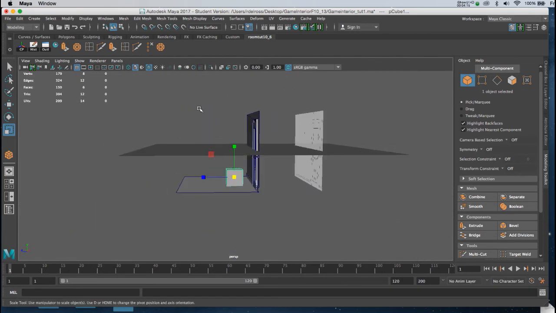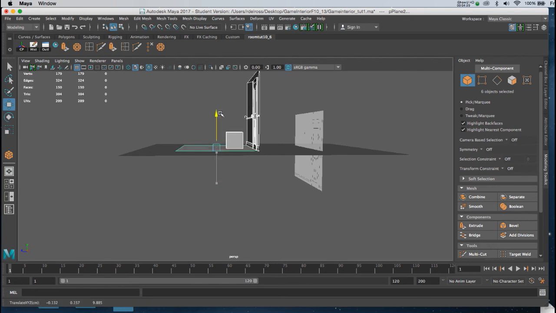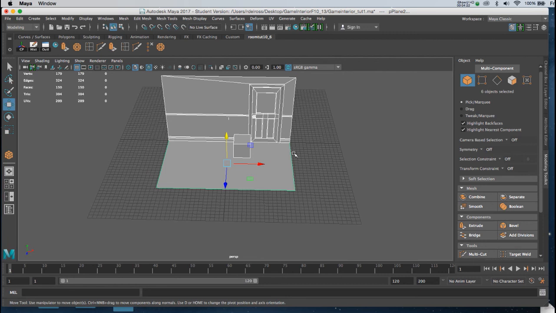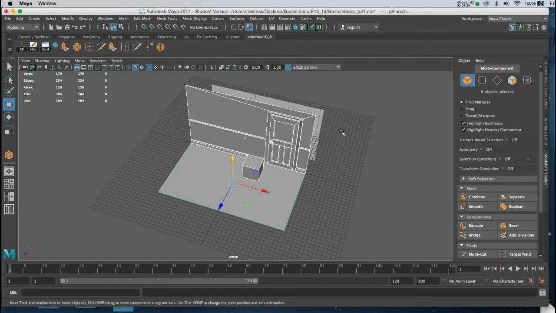So what I'll do now is just bring everything up to the surface of my ZX viewport, and we'll return to do